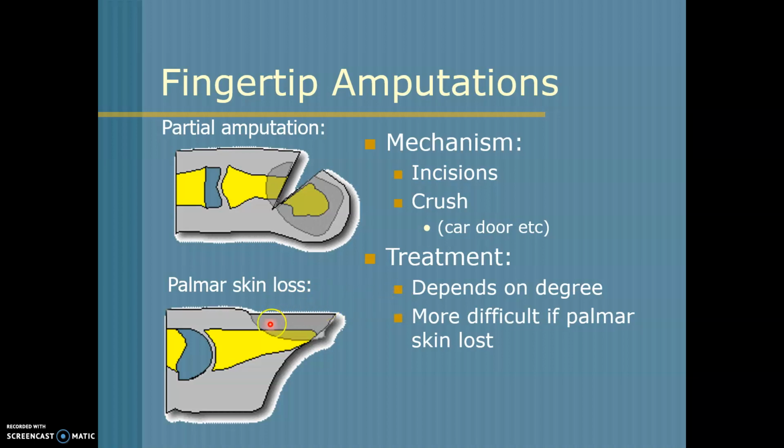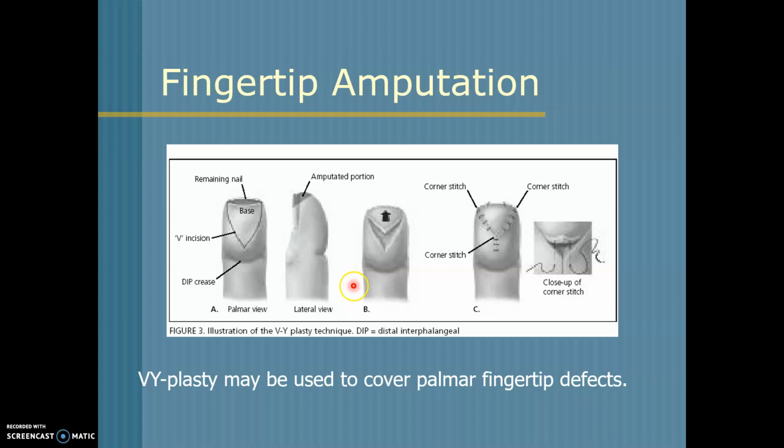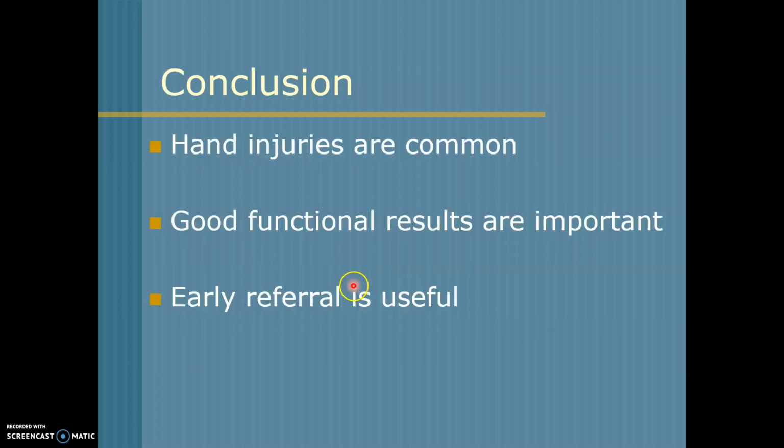The reason we classify is to decide on treatment. And here we have the zones and the types of injuries you might see. Like I said, there are 4 classes of injury. A little bit about how we can repair, we can talk about this later. So in conclusion, hand injuries are common and a good functional